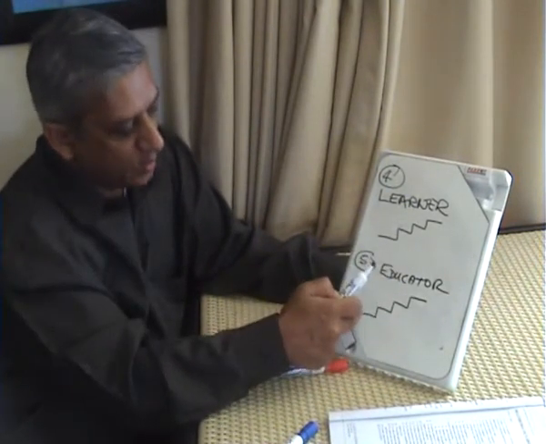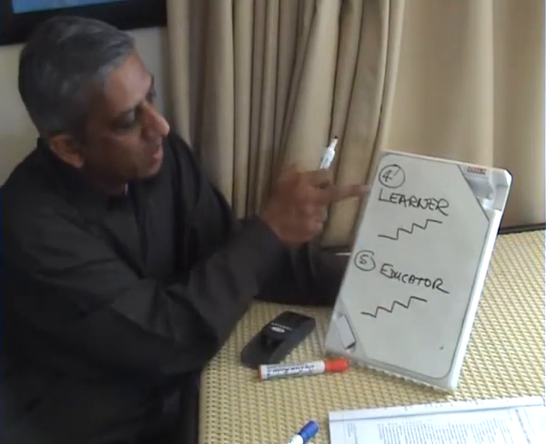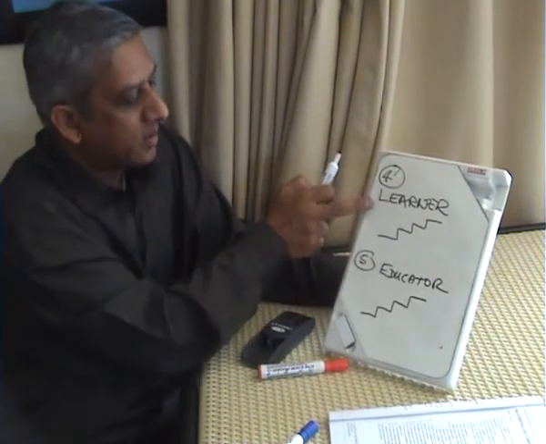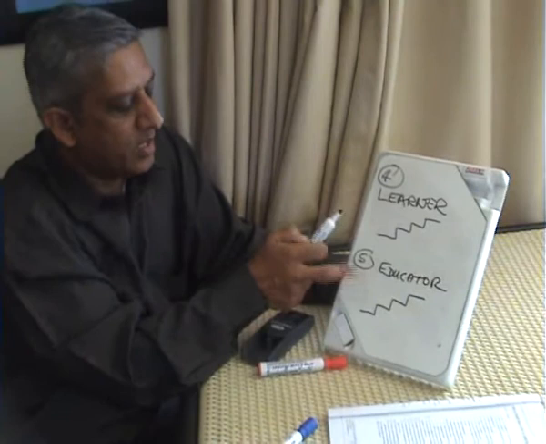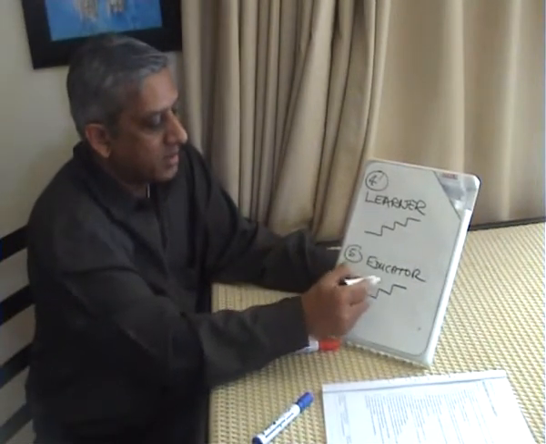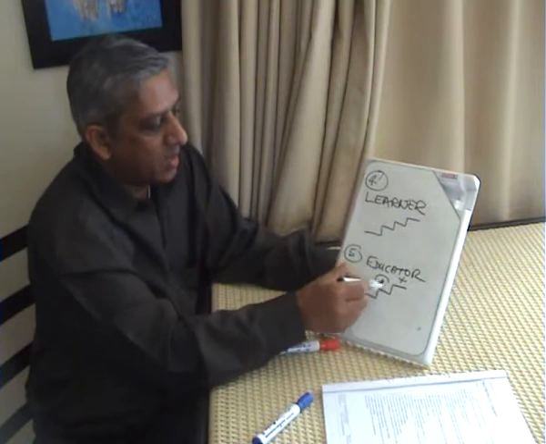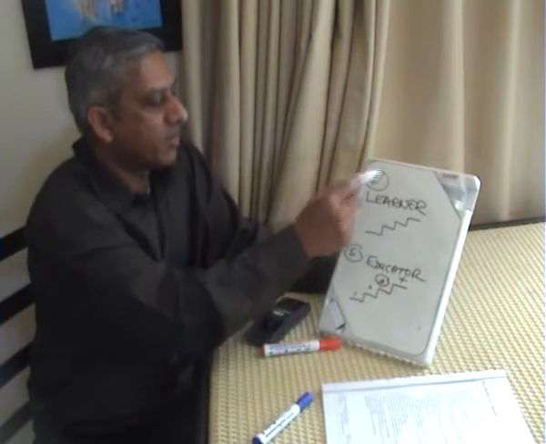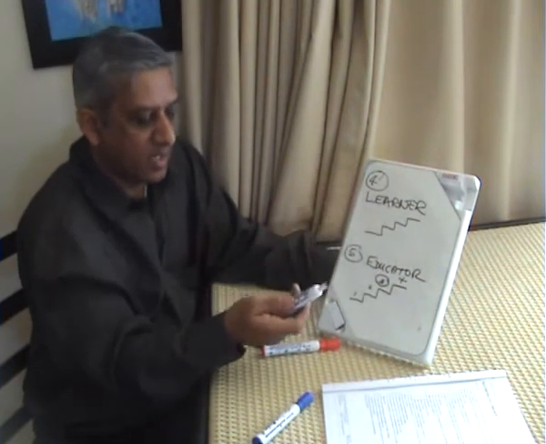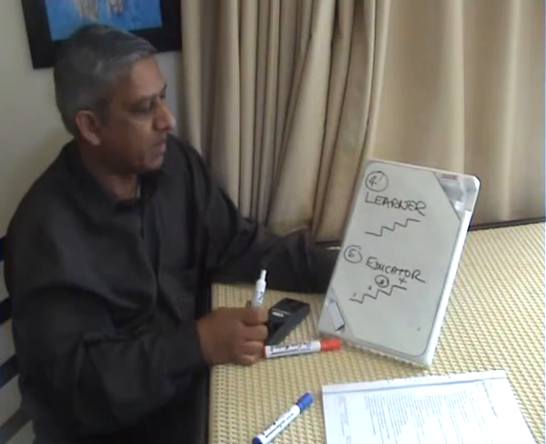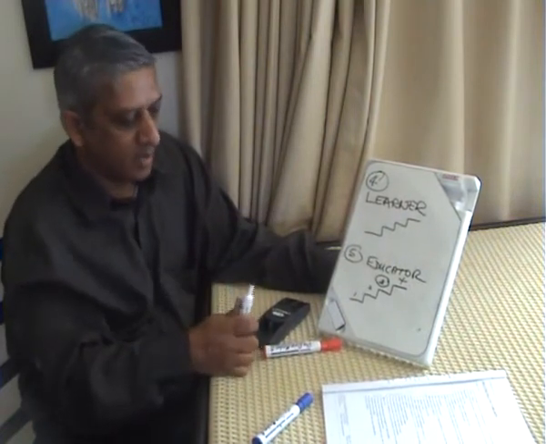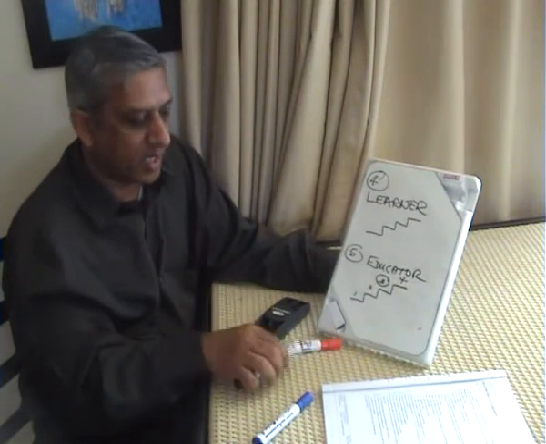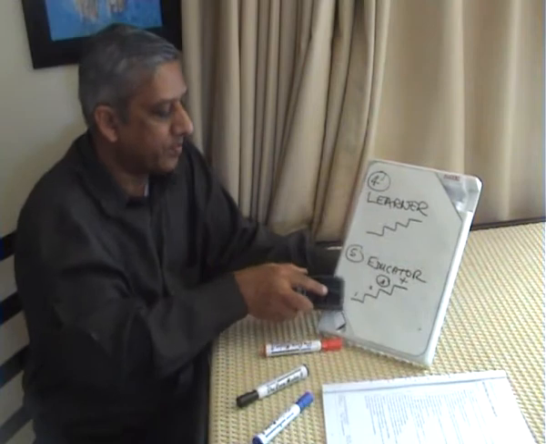All teachers do it. They do explain step by step, but what will happen is you will be missing a step. And if you have missed a step that the teacher has covered, use your rights to ask the teacher, please go back to maybe step 3. I got lost at step 3. Please go back there and explain step 3 to me. So this is a very, very powerful thing and a powerful right. And make sure that you learn your work step by step, that you do your work step by step, and that if anybody is teaching it to you, you follow every step that they are teaching to you.